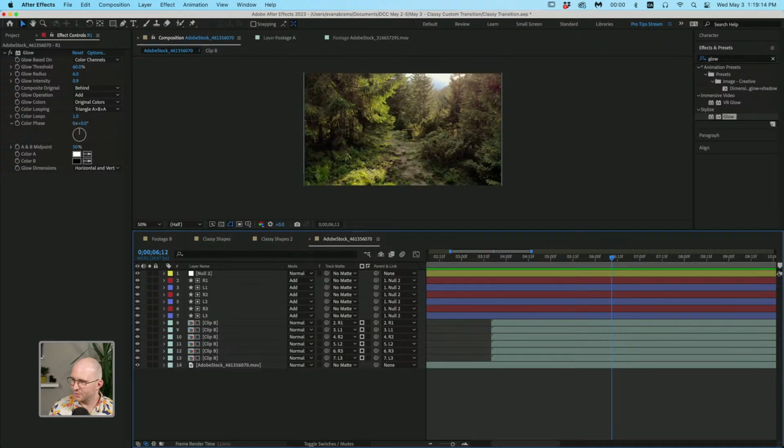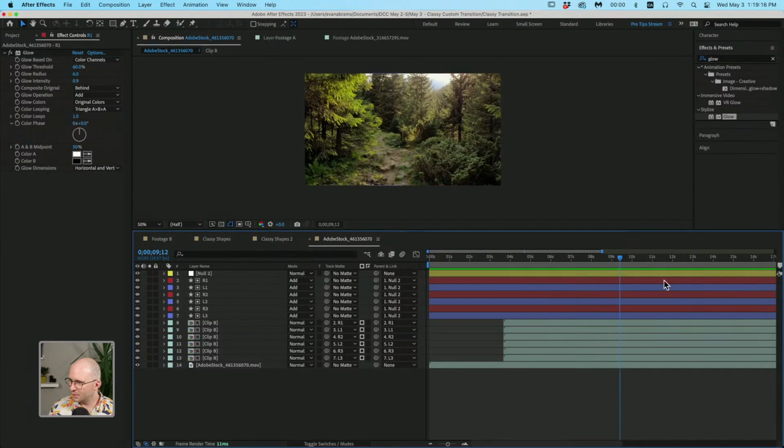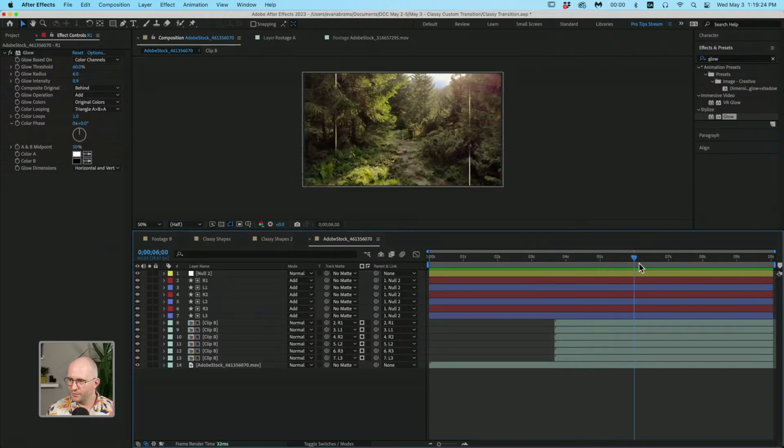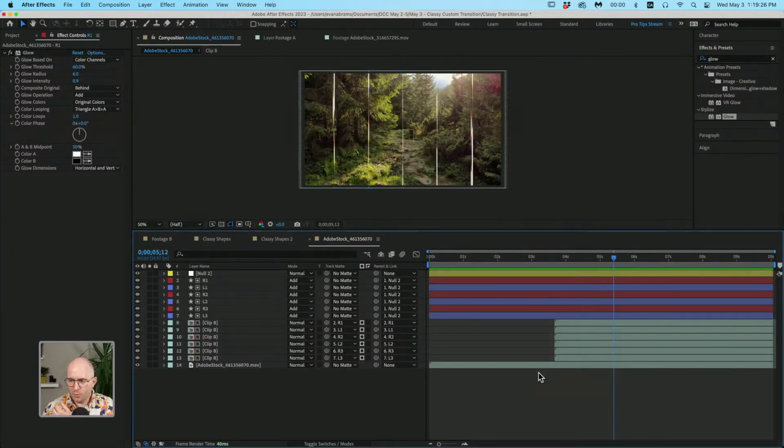Stack, stack, stack comes together. And then let's see. Let's have this whole thing last until 10, and then we'll clip it off there. So we're going to trim the comp to the work area. And this is what we've got. Things are coming together. Now, there's one more element that I included, and if you download the project files, you'll